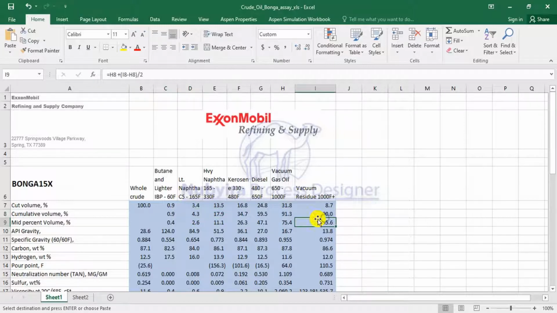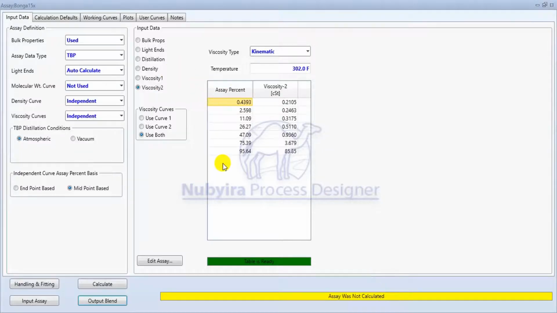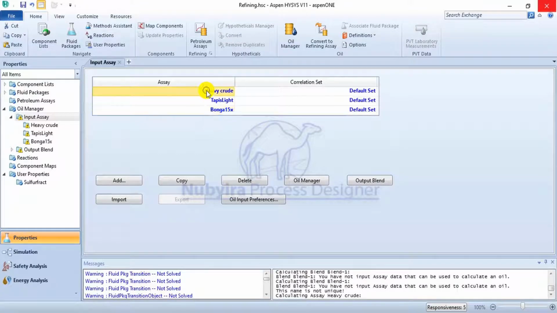This one will now be 100. So I'll be using this value for this assay percentage, assuming I pick endpoint. So don't be confused with the two value curve percent basis, you understand. So that's the meaning. I think the next thing is to start calculating the assays one after the other